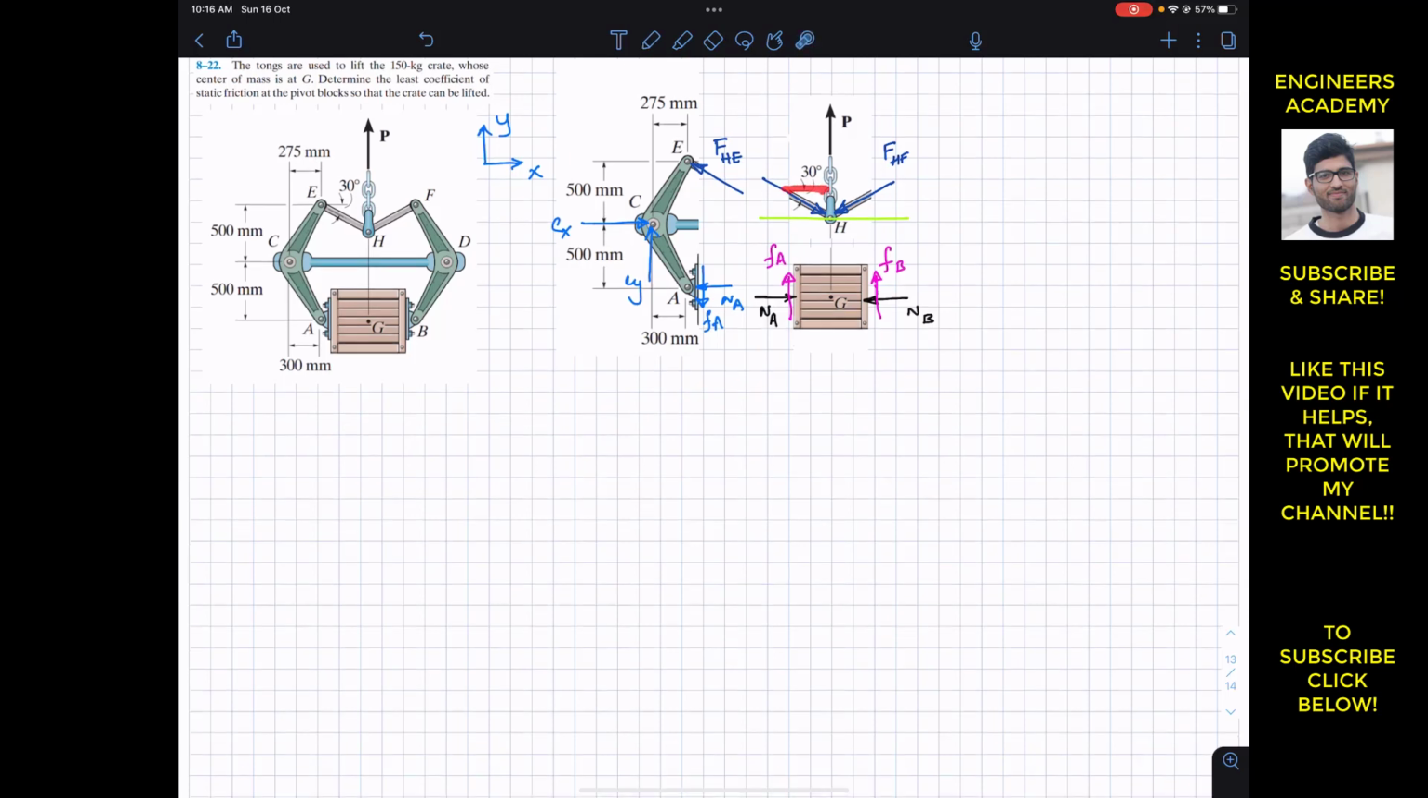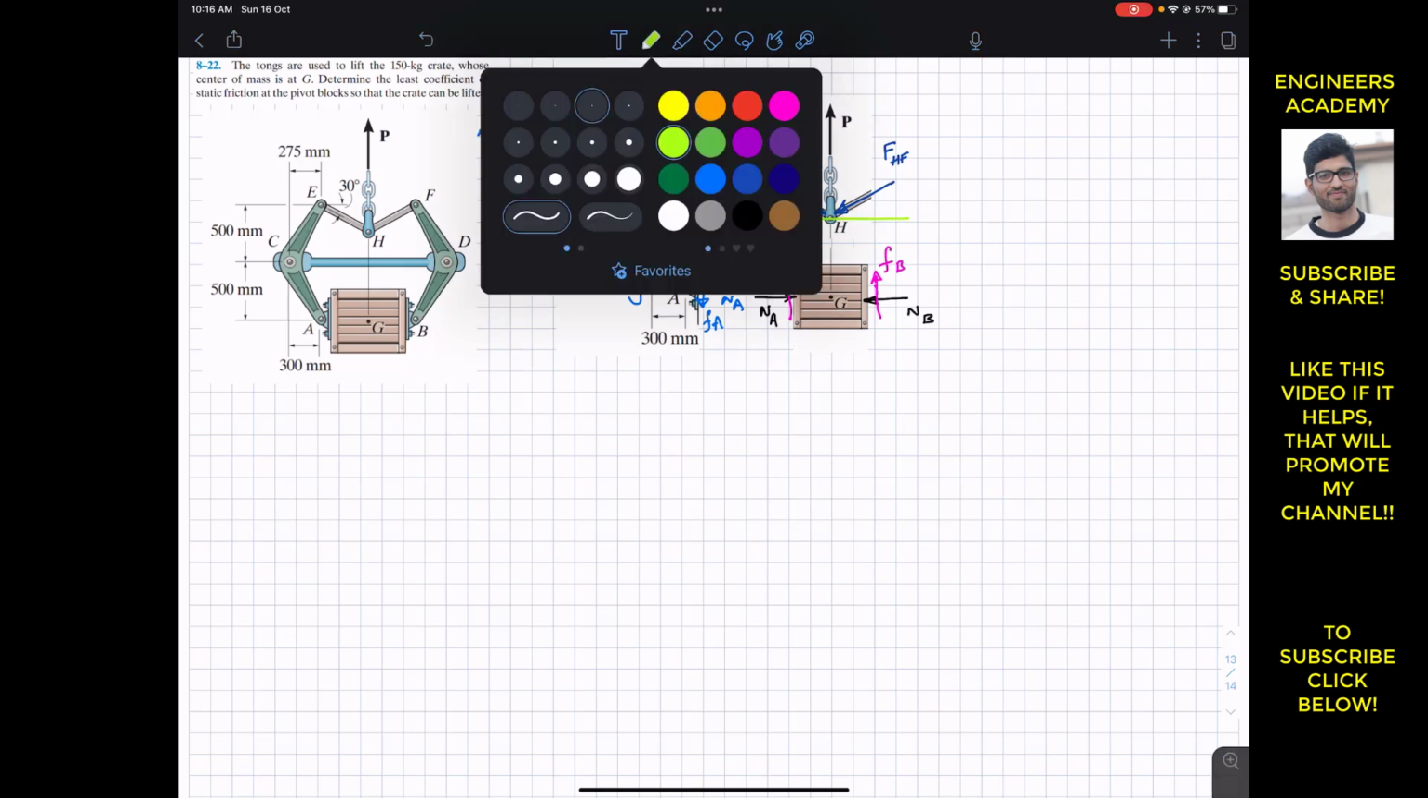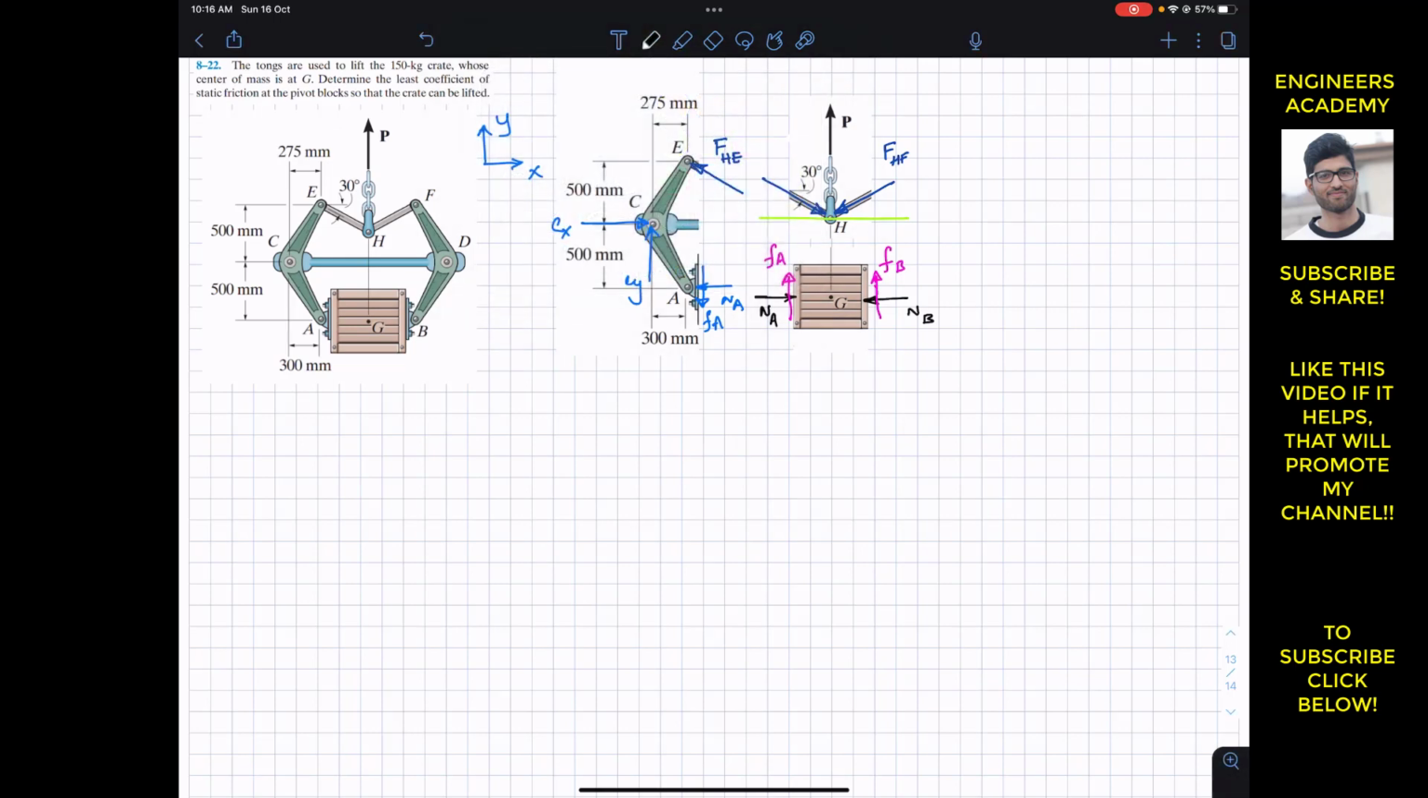So if this angle is 30, this angle is 30, and this angle is 30. So now I will write that considering, let's say this free body diagram is my free body diagram A. So from A,